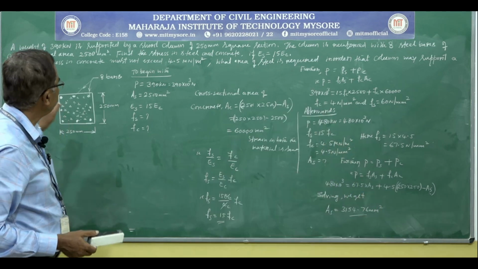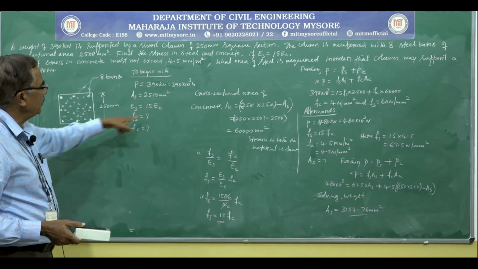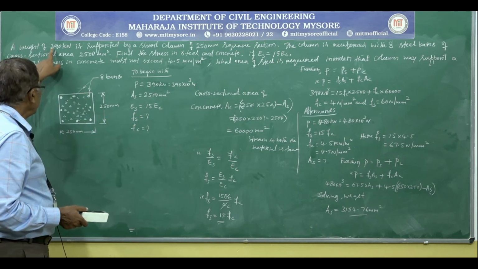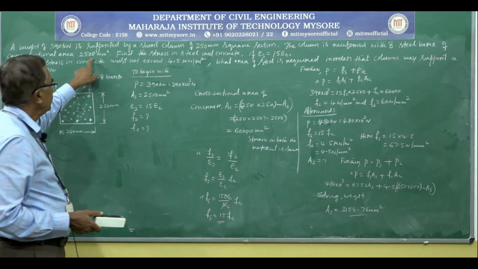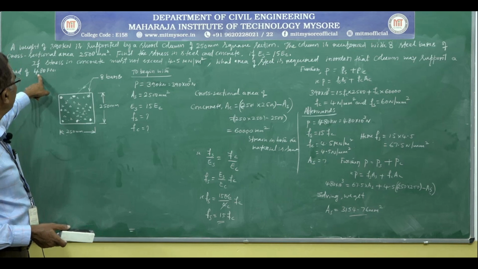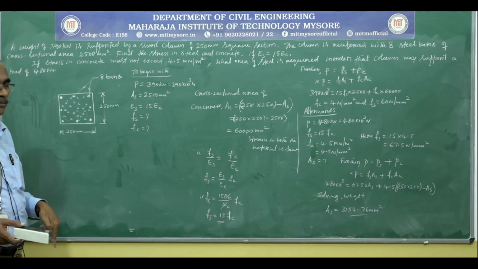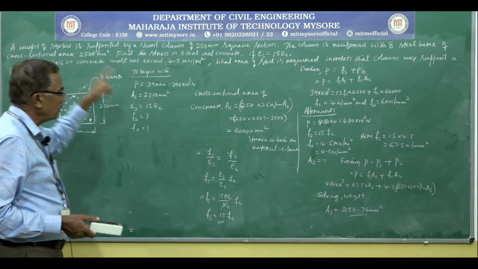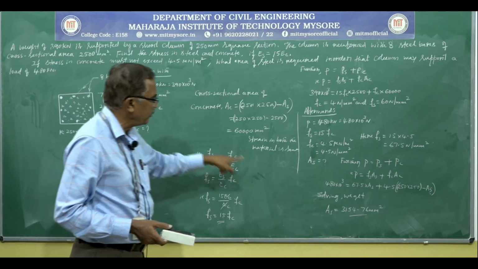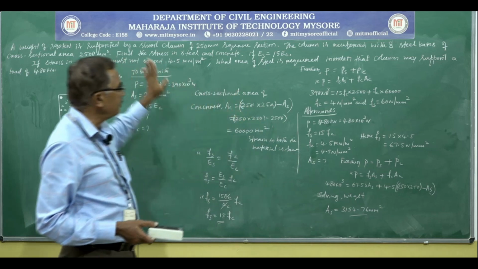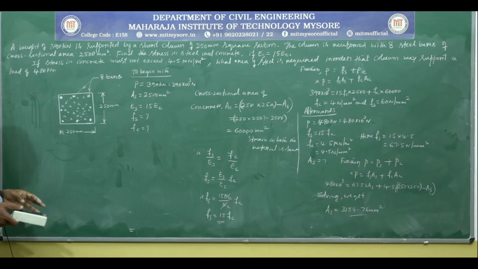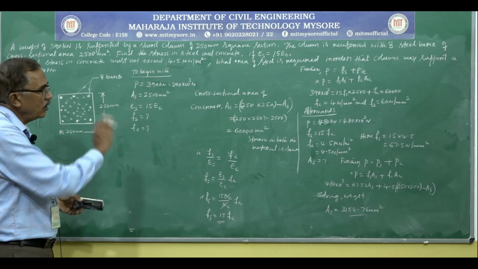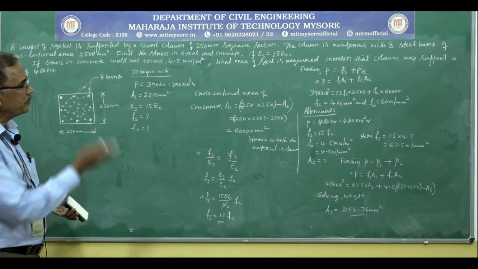See here, this is what we discussed earlier. When load coming on the column is 390 kilonewton, area of steel required was 2500 millimeter square. When load is increased to 480 kilonewton on the same cross sectional area of the column, to resist this increased load, definitely the area of steel required must be more, like we discussed. After solving, we got the increased value of area of steel, hence it's okay. So like this we can solve a problem, depending upon the requirements.